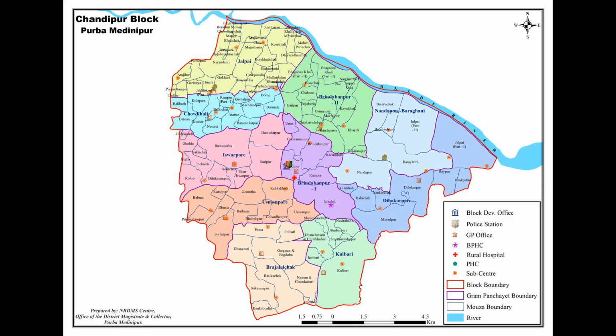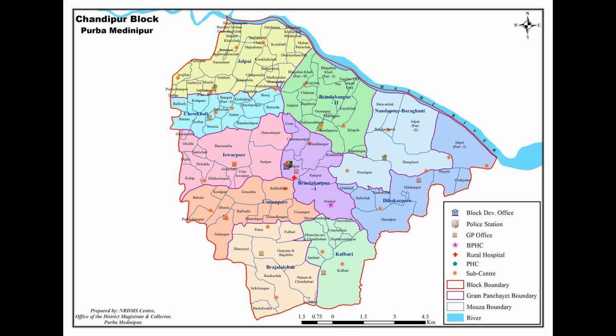Chandipur police station serves this block. Headquarters of this CD block is at Chandipur. Gram Panchayats of Chandipur block Panchayat Samiti are Rajalalchik, Brindabanpur I, Brindabanpur II, Chokali, Dibakapur, Iswarpur, Jalpai, Kulbari, Nandipur Barahuni